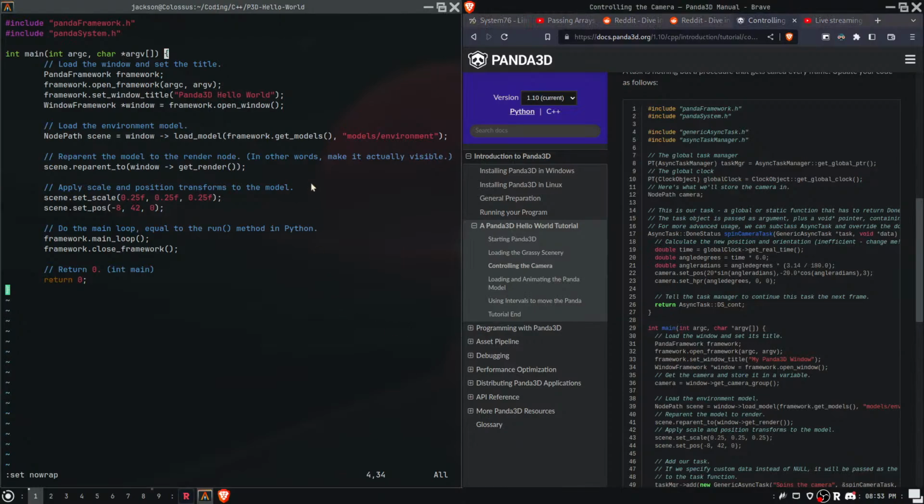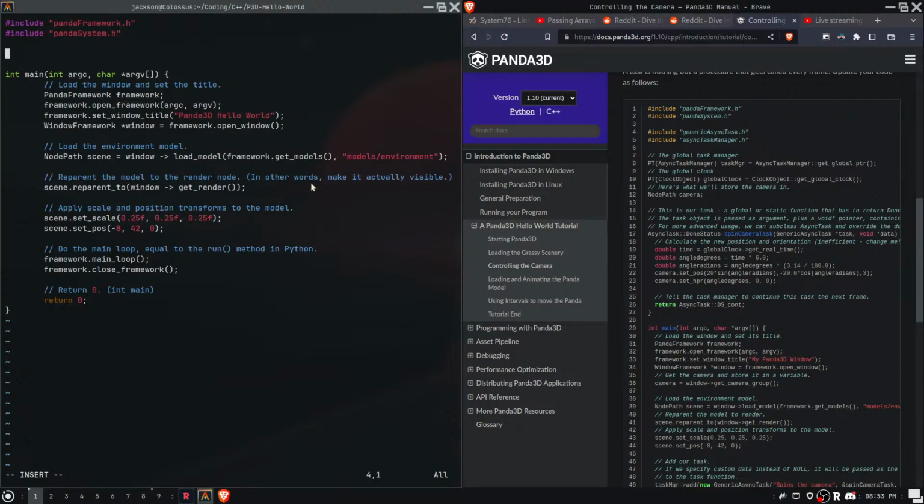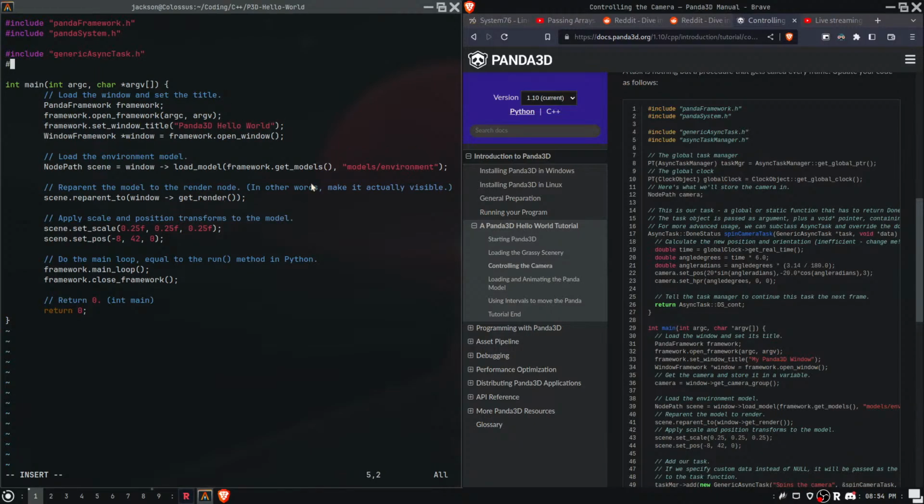Okay. What the heck? Okay, include generic async task. So generic asynchronous task.h. So the header file include